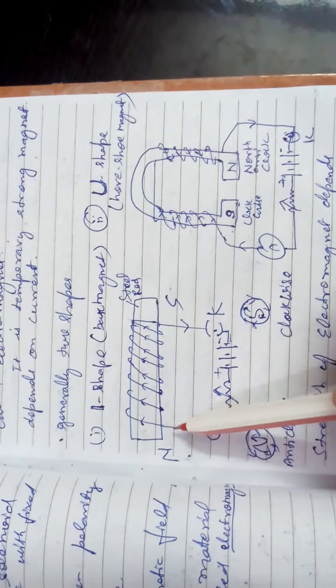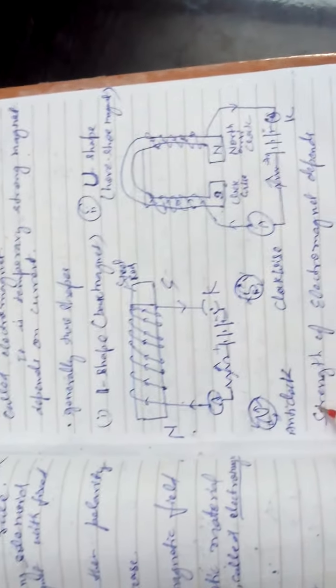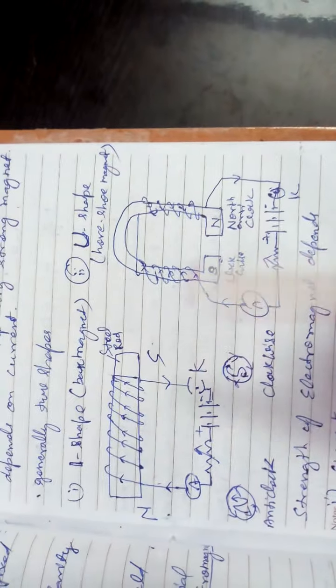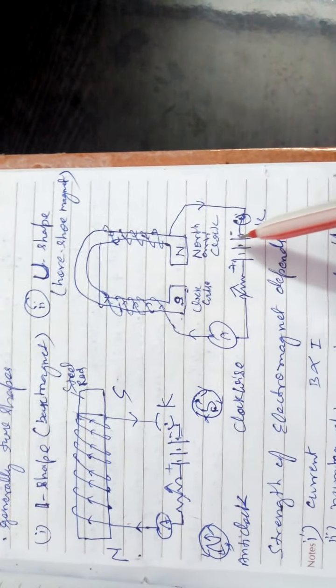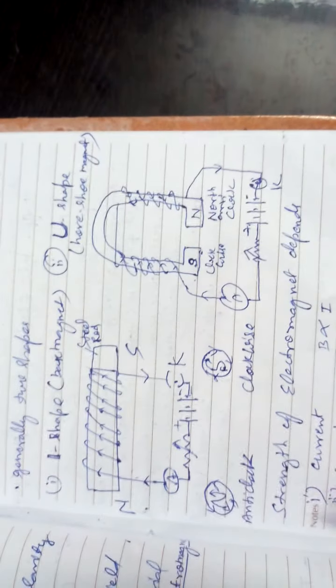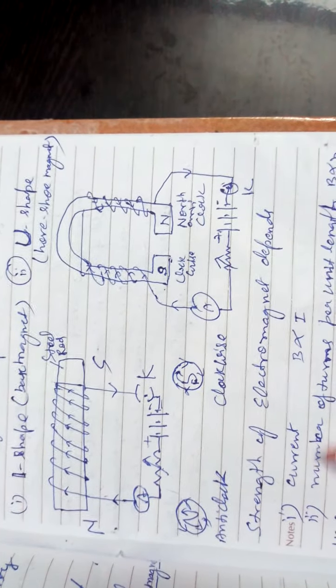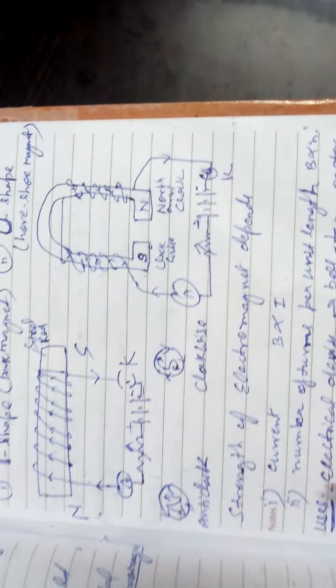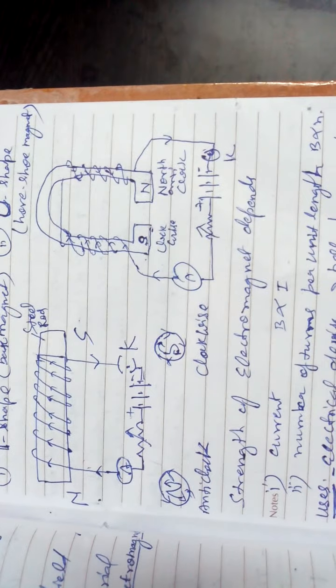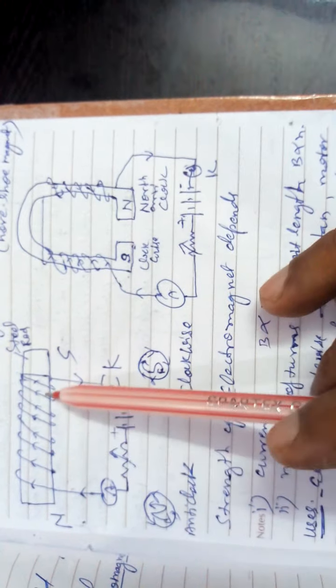Here it is anti-clockwise, like this you are seeing. So what is it? Anti-clockwise is the north pole and clockwise is the south pole. Same thing here: it is clockwise, south pole. Here you are getting anti-clockwise, then it is a north pole. Two electromagnets you are getting. The strength of the electromagnet depends on the current. More current, more strength. And it also depends on the number of turns. This is the number of turns: 1, 2, 3, 4.